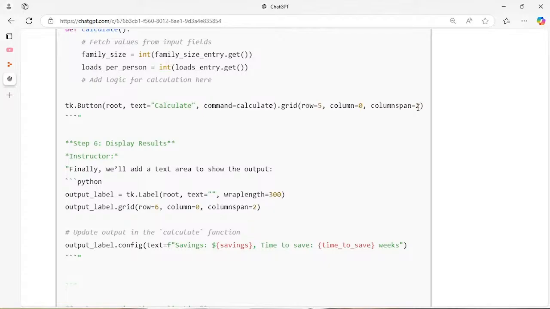Like also put in the grid, this is row 6. It's going to be an output label, and then we're going to configure the savings, like all of this stuff. We're going to put part 3. So basically all I'm going to do really at this point is copy and paste it. Okay,